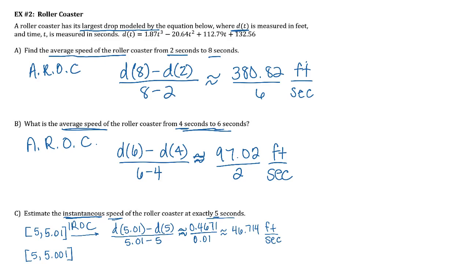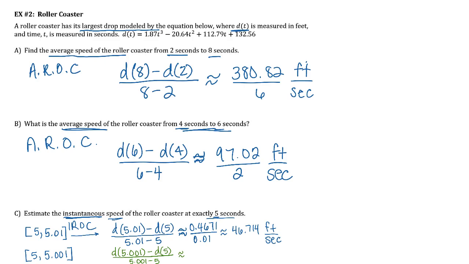Right? And we're going to repeat the same process, but we're going to use an even closer value. So a closer value, well, that's going to be D at 5.001 minus D at 5 all over 5.001 minus 5. And then that's going to be approximately, if we put all of that in our calculators,